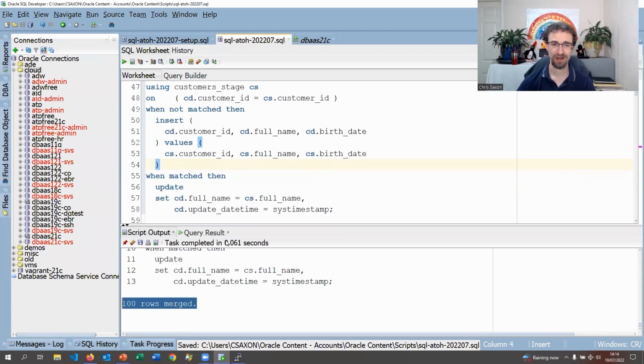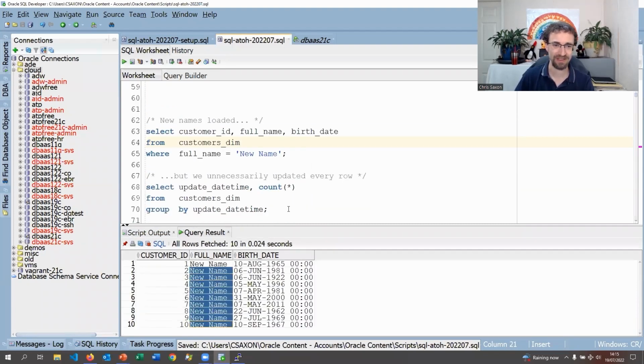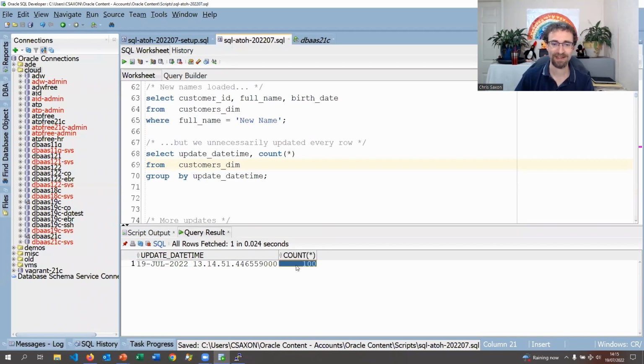So you can see again, we've got 100 rows merged, but really we only actually wanted to run the update on things that have actually changed. If they're the same, we're kind of wasting effort there, right? So that's not great. Just to prove that they have in fact loaded in, we have updated every single row. They've all got the same update time. So that's wasted a lot of effort. We're updating about 10 times as many rows as we need to. It's not great, right? It'd be good if we could avoid that and only